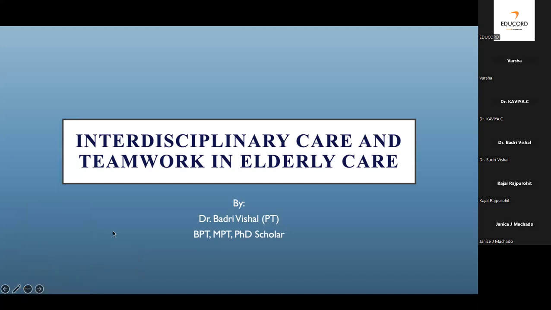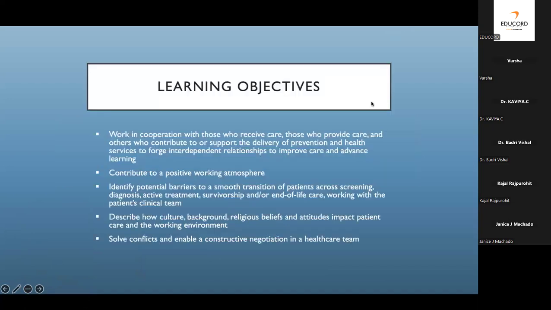Okay, so the topic, as I told you, is interdisciplinary care and teamwork in elderly care. What will be the learning objectives for today so that we can work in cooperation with those who receive the care, those who provide the care, and the others who contribute or support the delivery of prevention and health services, to foster interdependent relationships to improve the care and advanced learning, and contribute to a positive working atmosphere,